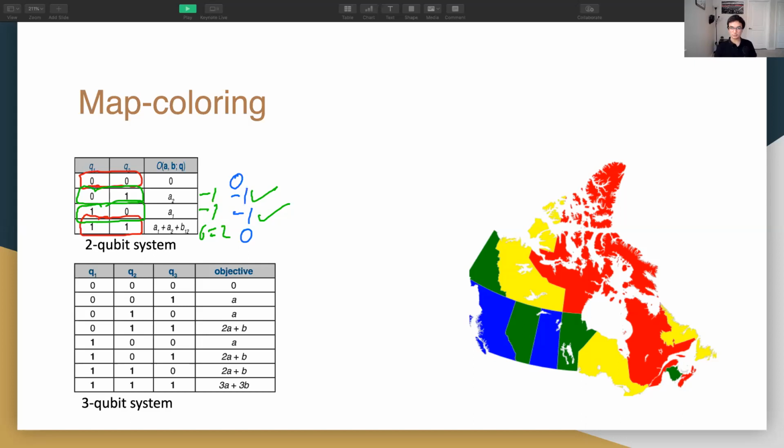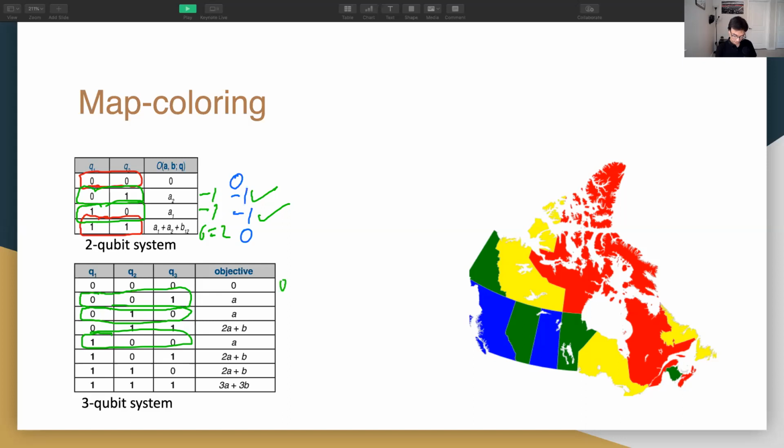Similarly, we can scale it for the 3-qubit systems. If I want to implement the 3-qubit system, I want to favor either Q3 be 1, Q2 be 1, just Q1 be 1, and so on. And I don't want any other output. As here we are considering that we have 3 adjacent regions. So similarly, what we did with the 2-qubit system, we'll apply the same logic.